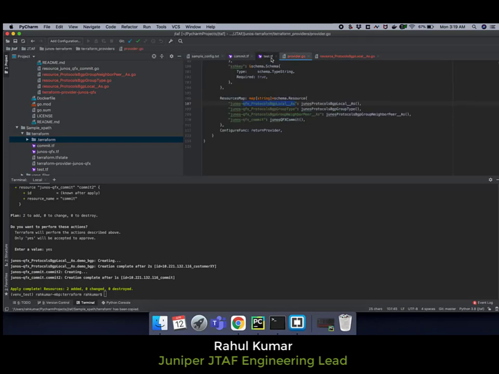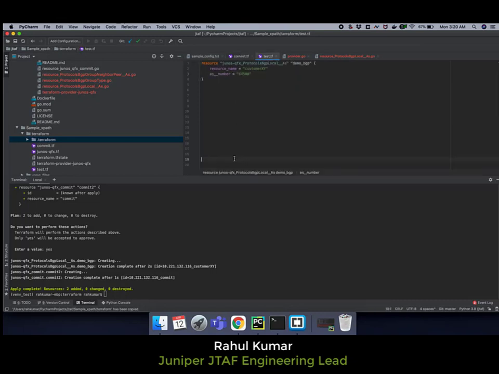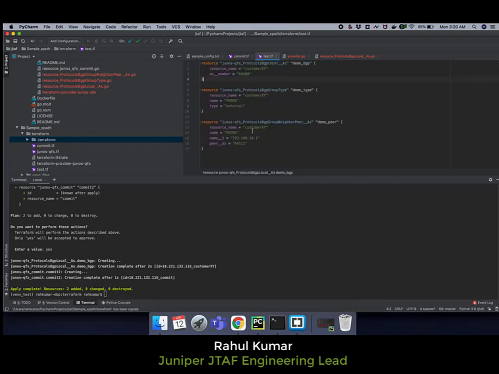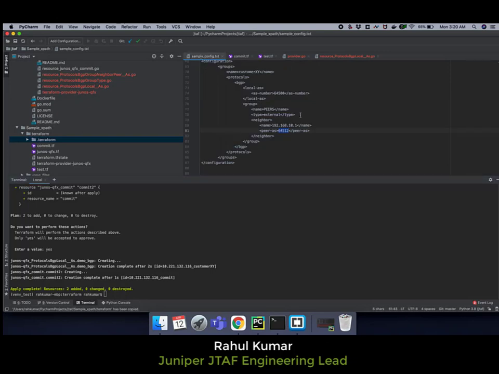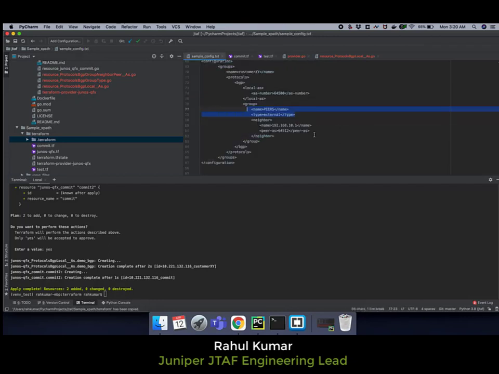Now, this was a much bigger configuration where it had 64500 and external, then 64512, and we had generated three different Terraform modules for the same. This is what I have already created as a sample. I will show it to you. Right now we have three different APIs: BGP local AS, group type, and peer AS. Group type has this part of the configuration, and peer AS has this part of the configuration.